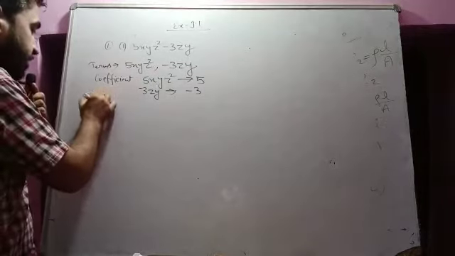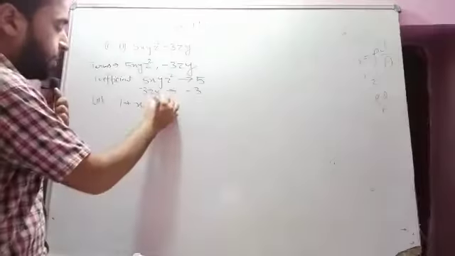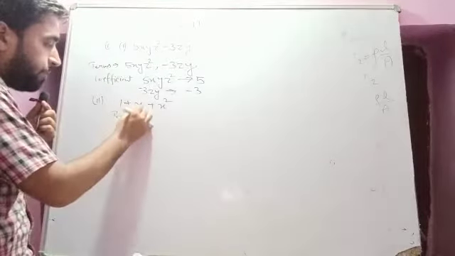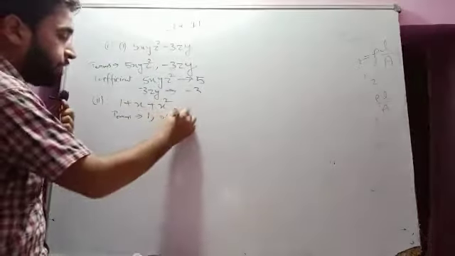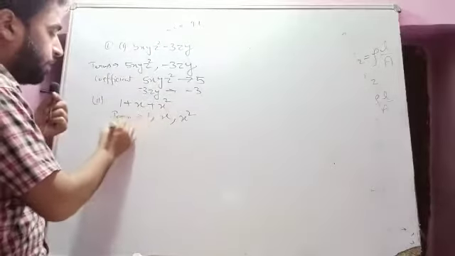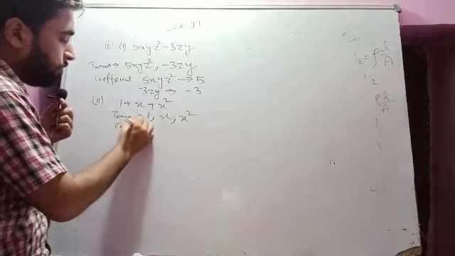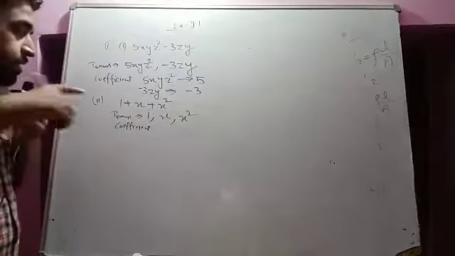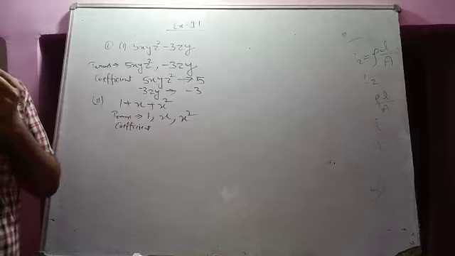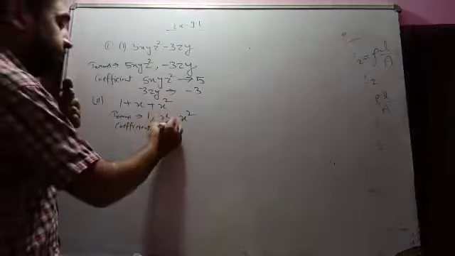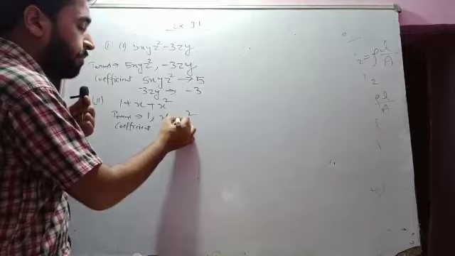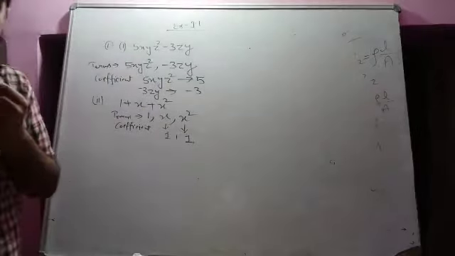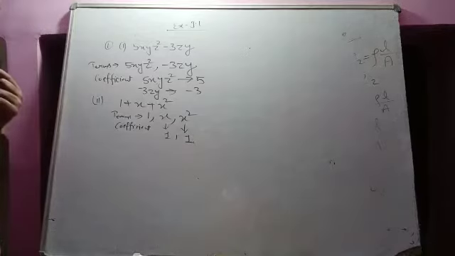Second part, it's quite similar to the first one. 1 plus x square. So how many terms are there? Now you can understand well that 1 is a term, x is a term, x square is a term. Now what is the coefficient? For 1 we cannot write a coefficient because a coefficient is multiplied to the variable. It's only 1, it's already a constant. So we can't write a coefficient for it. For x the coefficient is 1. For x square, what is multiplied with x square? If nothing is there, then 1 is there. So this is how we write the coefficient in the terms.